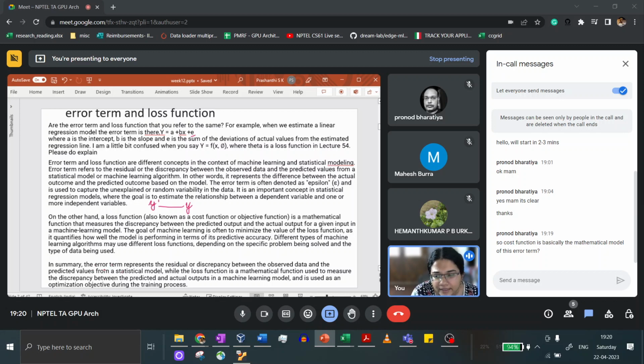Okay, so to summarize this answer, the error represents a residual between the observed data and predicted values, whereas the loss function is a mathematical function used to measure the discrepancy between the predicted and the actual outputs in a machine learning model. Right. So typically in deep learning, you'll hear the loss function being used a lot in all this backpropagation and gradients and things like that. In things like linear regression, people will still talk about the error term, right? They're very related, but they might not be the same.